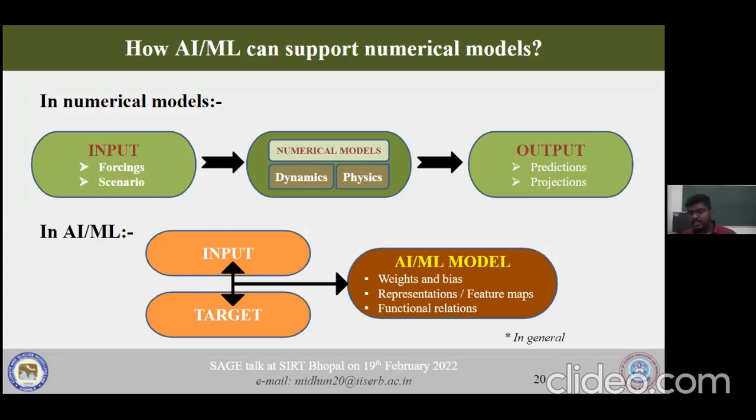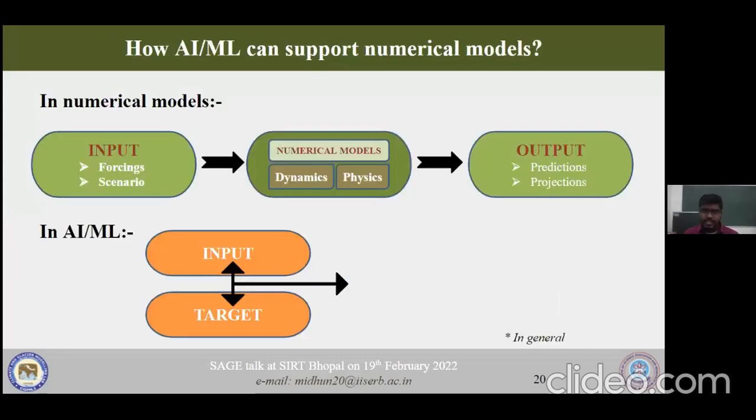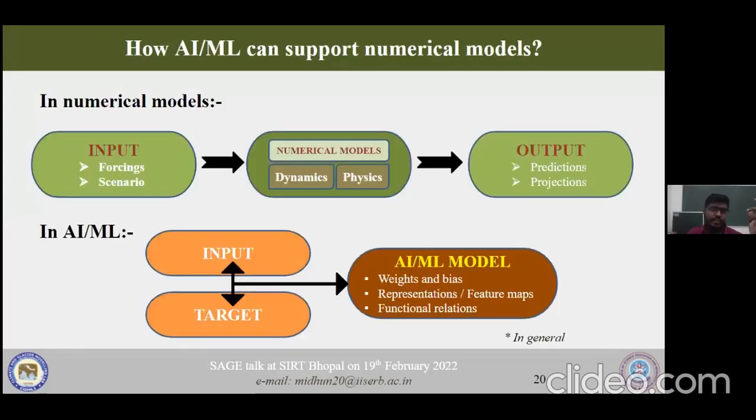Like we are using a convolution neural network, that information will be learned in terms of feature maps or representation power. Even a simple ANN is a very good function approximator. So this is the potential that AML has. And one limitation is that to train an AML model to its best performance level, we need a lot